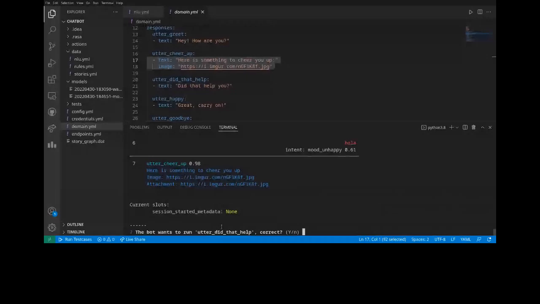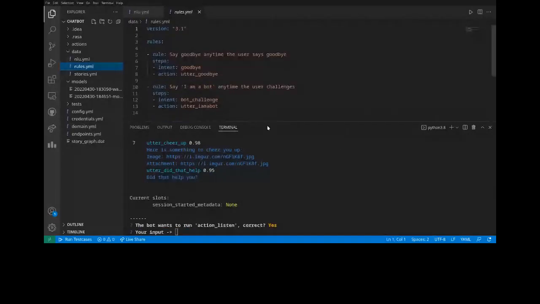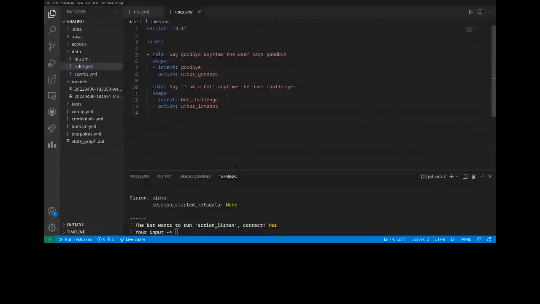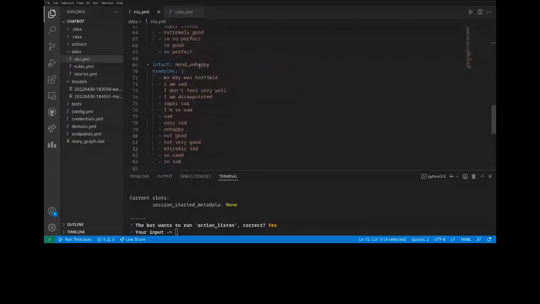So we go to rules.yml, which also says by the name itself that there are some rules. Now if you see, here we have written a rule. It is not that I wrote this and it actually works like that. It is just simply a name, and the name I have given here is as simple as understandable. Let's say goodbye anytime the user says goodbye. So when goodbye is said, which is basically a simple step, the intent I mentioned earlier.